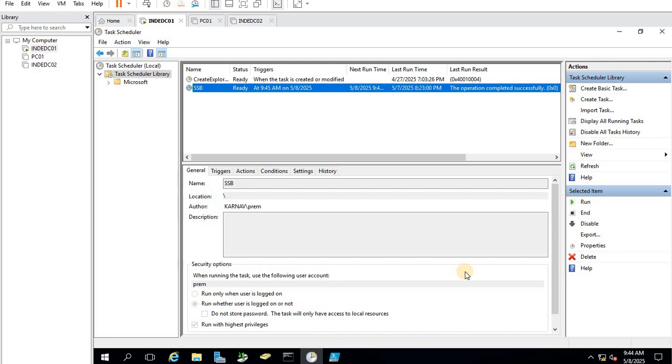So it is always a good idea to have at least two latest backups for both types, system state backup and BMR backup. And if you have multiple domain controllers, I would say choose different domain controllers for different types of backup, so that you can have at least a good or healthy backup for performing your activity in case of requirement.